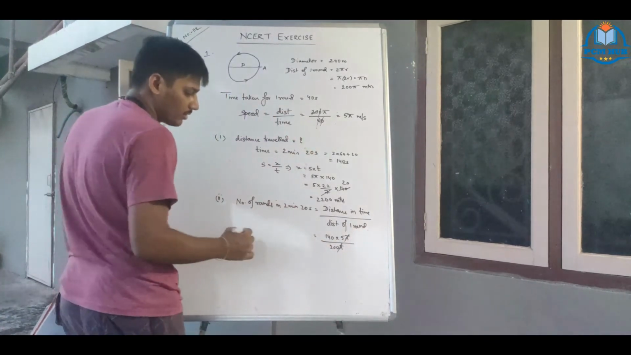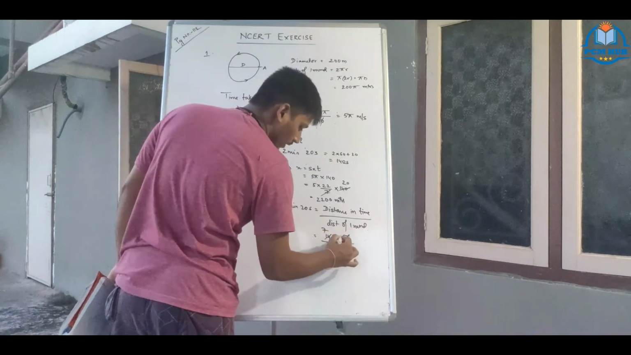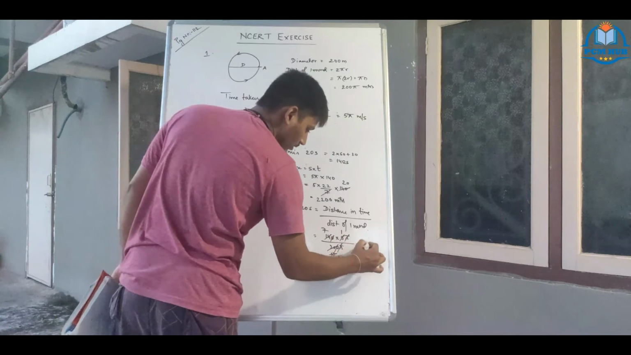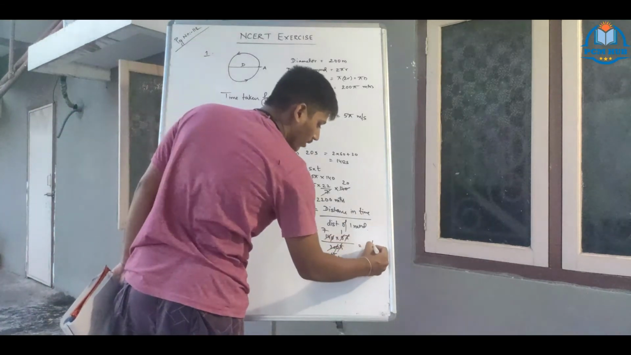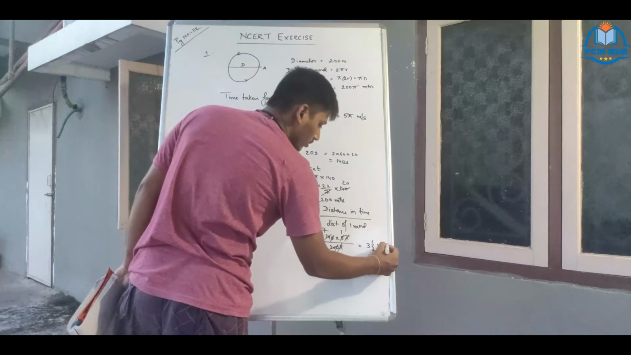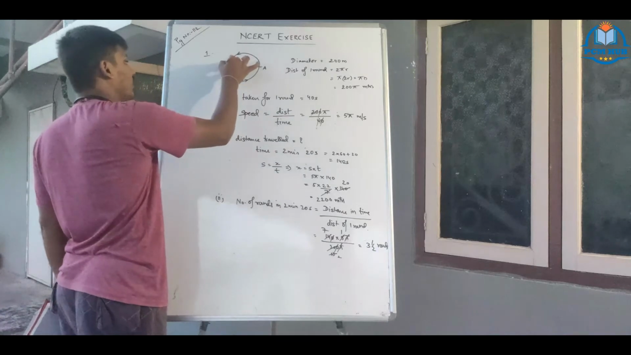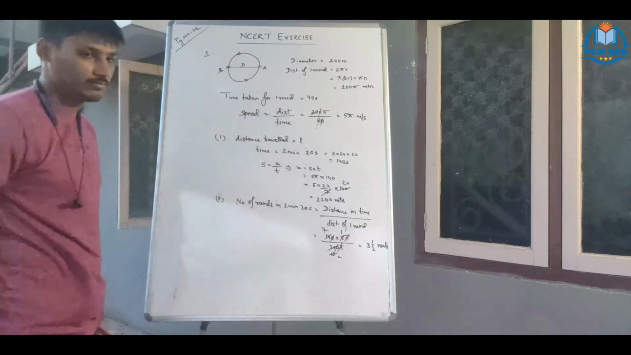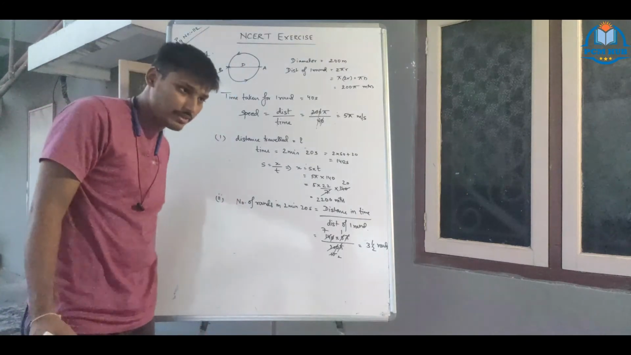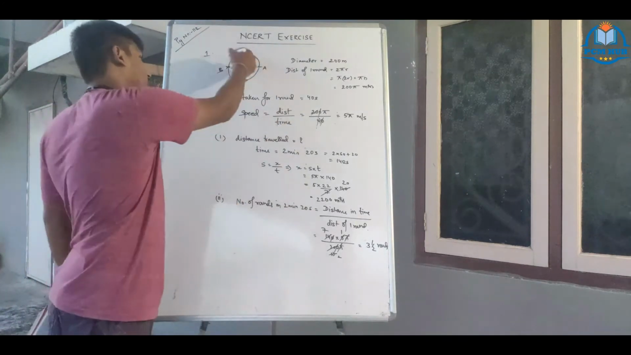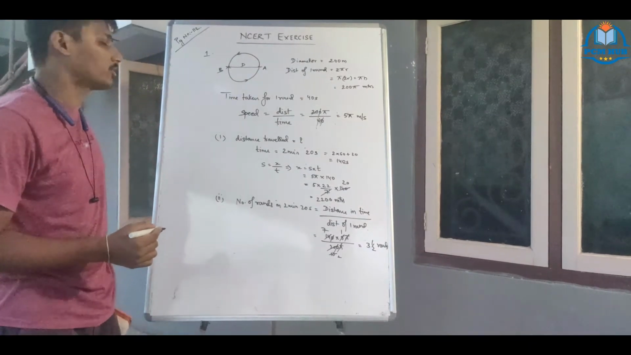Pi cancel. 14 sevens are, this 10s are, 5 1s are, 5 2s are. 7 by 2 rounds, so 3.5 rounds. So 3.5 rounds means on the plotting you will plot it as this, the point B. Clear? It is starting from A, taking 3 rounds around A, and then again finally coming and stopping at